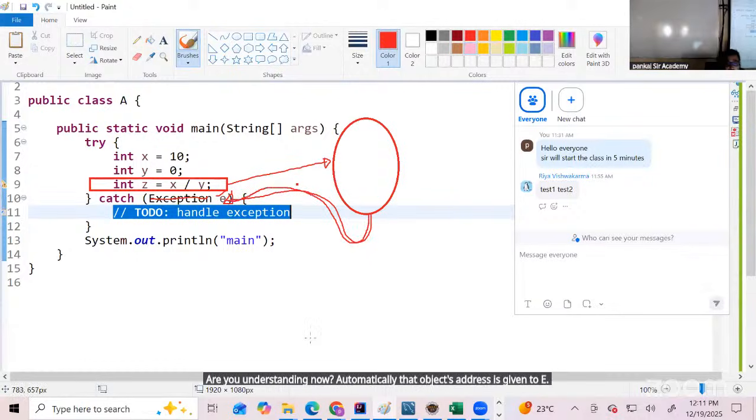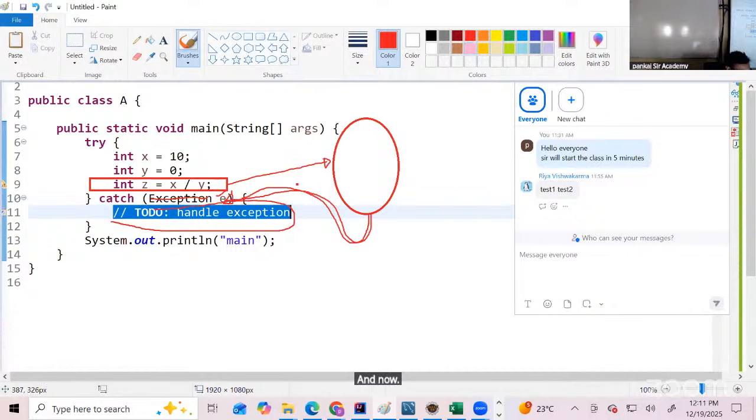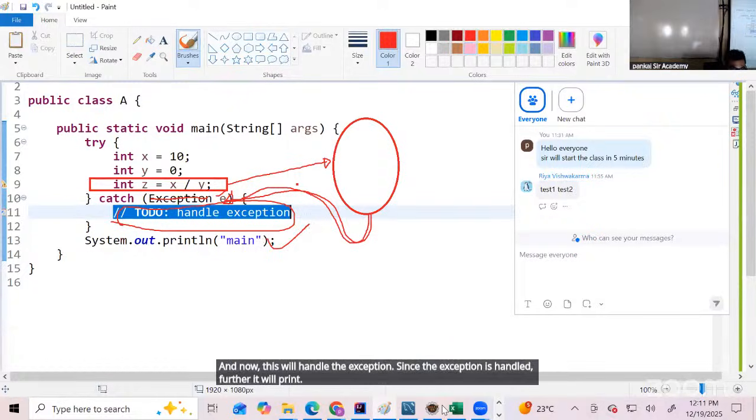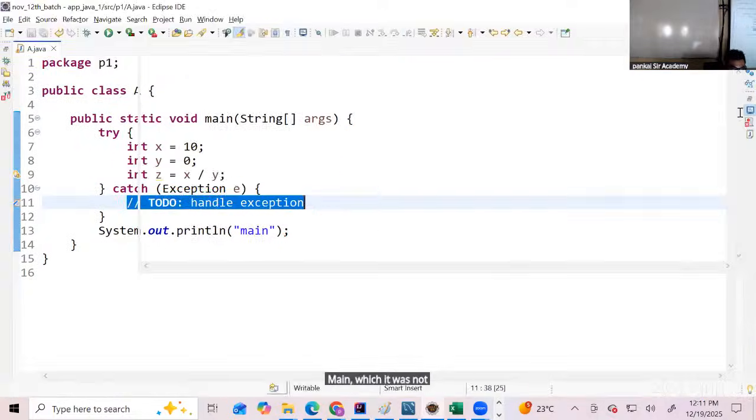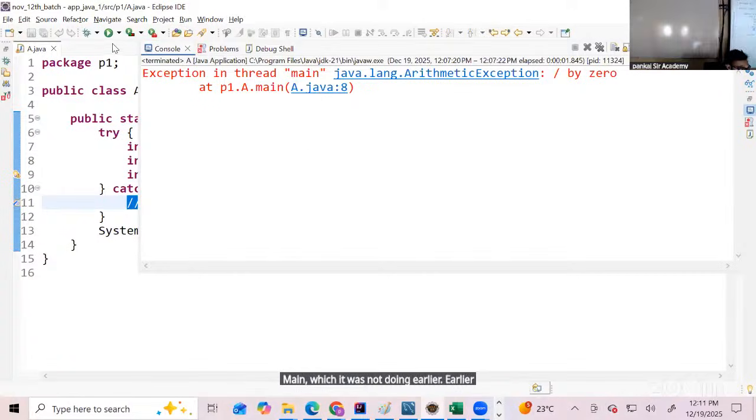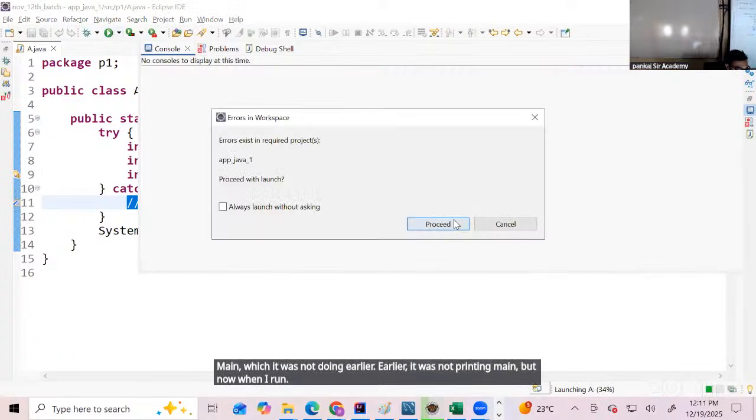E here is a reference variable that holds the exception object's address, and now this will handle the exception. Since the exception is handled, further it will print main, which it was not doing earlier. Earlier it was not printing main, but now when I run, observe,